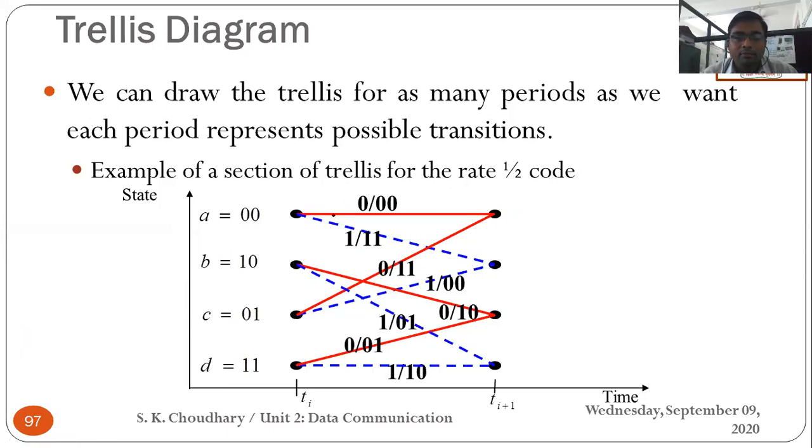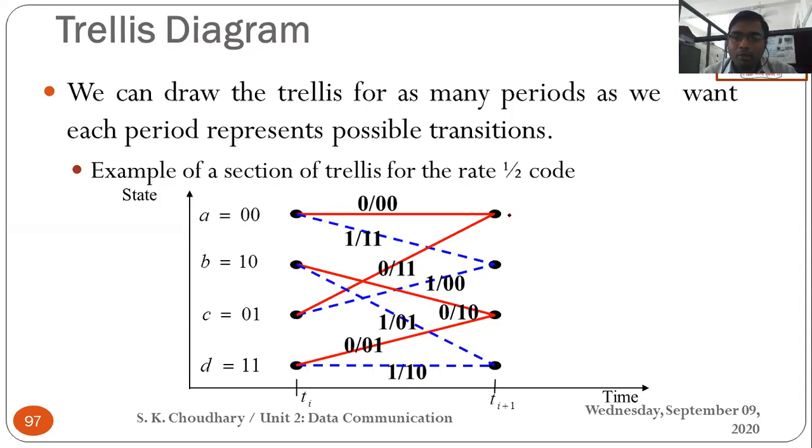There are only 2 branches, for input 0 and input 1. Input 0 is always shown with a solid line. Here I have used different colors, but when you draw this diagram in your examination or notebook, you may not have a different color pen. At that moment, keep in mind that you have to use a solid line to represent input 0, and a dashed line to represent input 1.